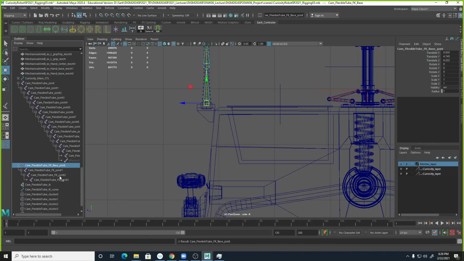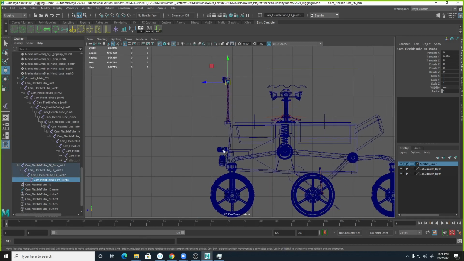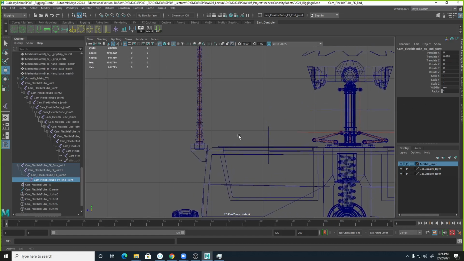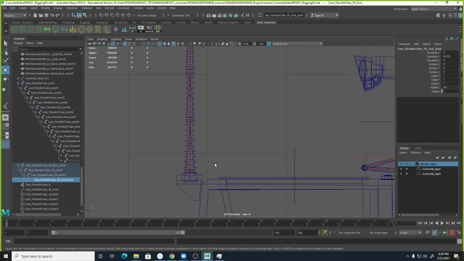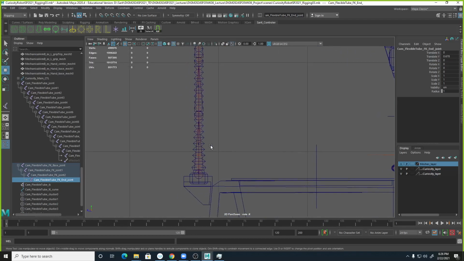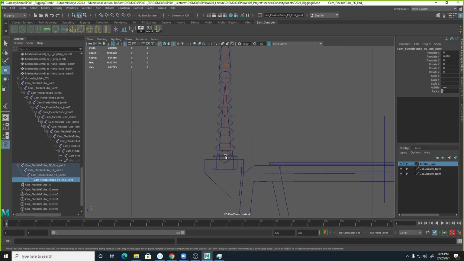And then you have 1, 2, and 3. Here we go. And the 3 you can call tip joint or end joint. End joint. Here we go. So we have base, end joint, and then the middle 1 and 2. So now on the 1 and 2, these guys,